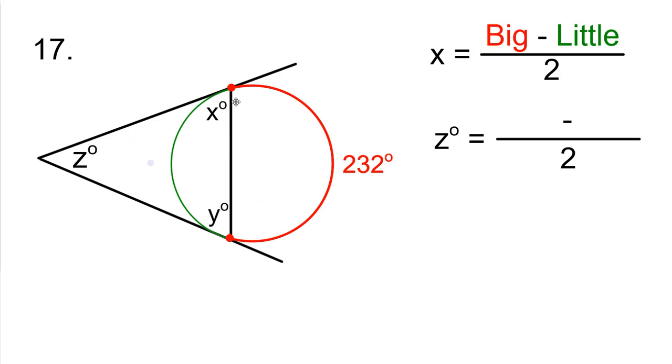So on this one, we have two tangents. And when we have two tangents, we know the whole circle is being used. So the whole thing is going to add up to 360. If this is